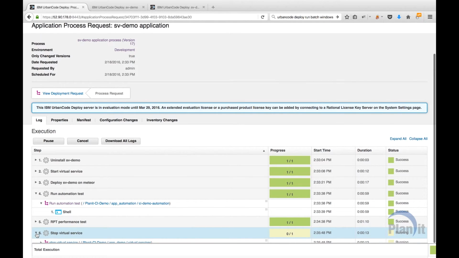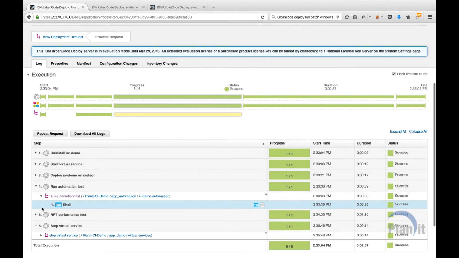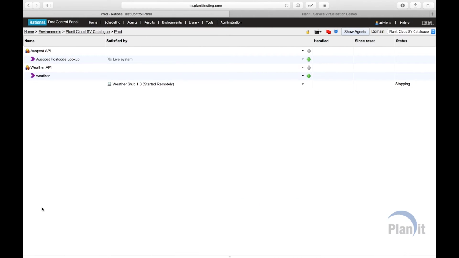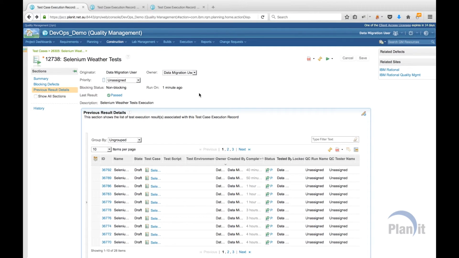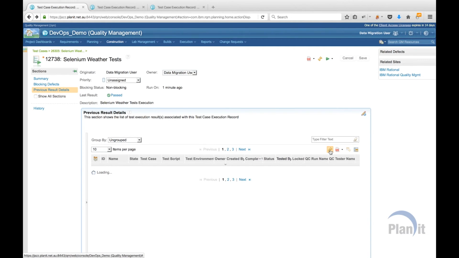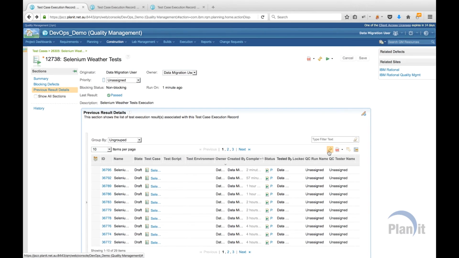Our stop of the virtual service is still running. As soon as that finishes, there we go. Our virtual services are stopping, and now we can go to RQM to review the execution status of each of the tests. So for the weather test, if I refresh my test results,